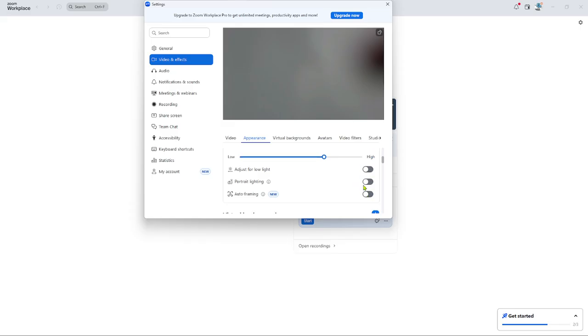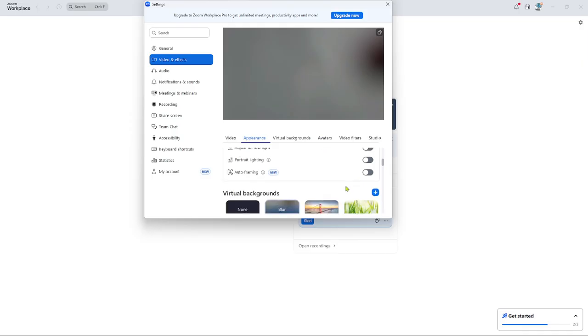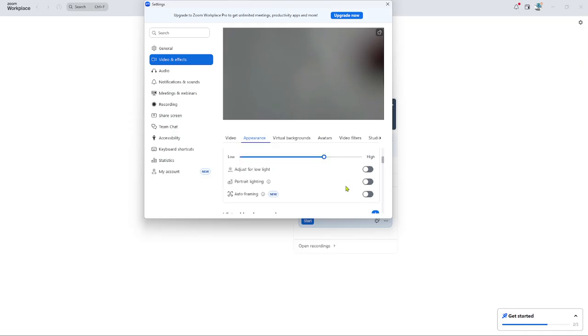You may also see options like auto framing and portrait lighting. Auto framing helps keep you centered in the frame, which is great if you shift in your chair or move slightly while presenting. Portrait lighting is designed to improve the way light falls on your face, helping you stand out from the background. Try these features, watch how the preview responds, and pick what feels most comfortable and professional for